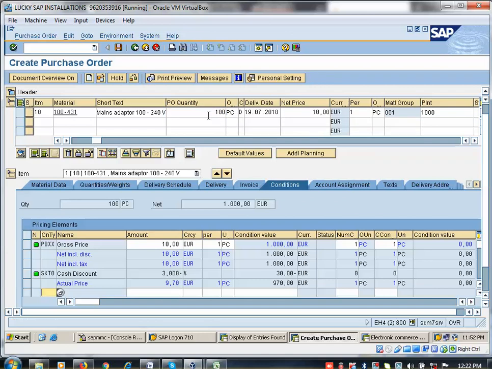blue, green, yellow, red. So this is red. Hard stop means when you remove some data without entering that one, system will not allow you to progress further, like your police red signal. Okay. So now here click on check. So this is green. So green means any message is available or not.